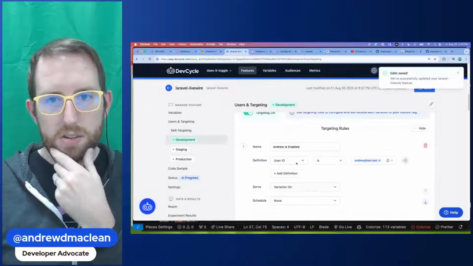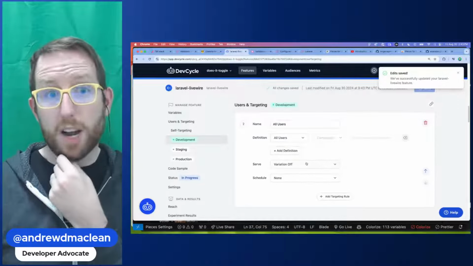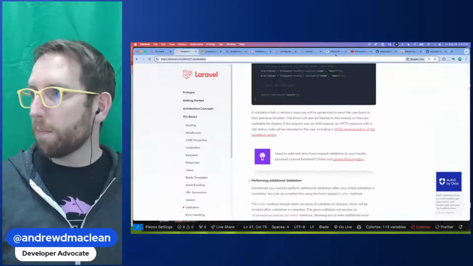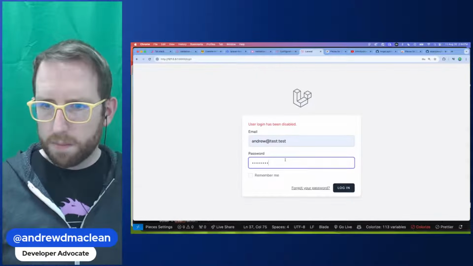So basically, if I'm trying to log in, it's going to let me in. Otherwise, it's not going to let me in. And it doesn't even hit validation rules, even if you're not in there. So if I go back to my Laravel app, and I try this again,